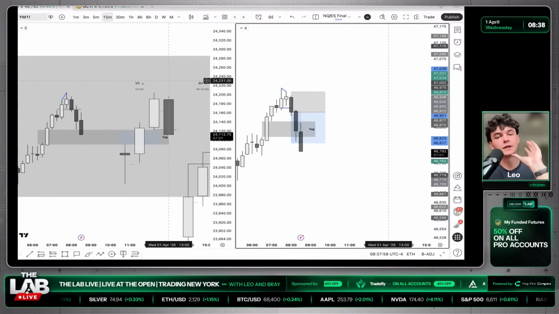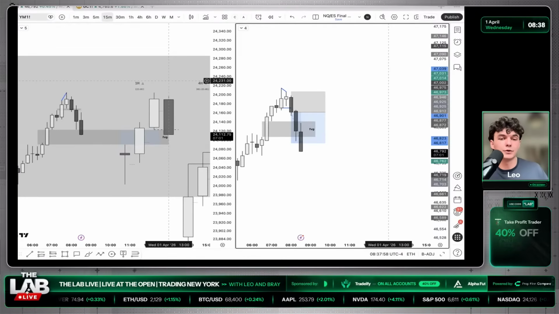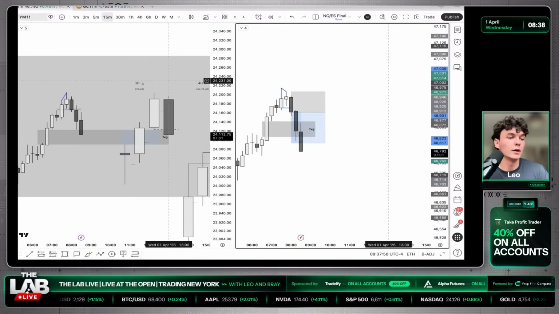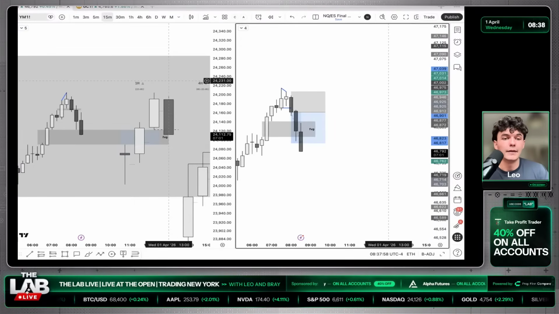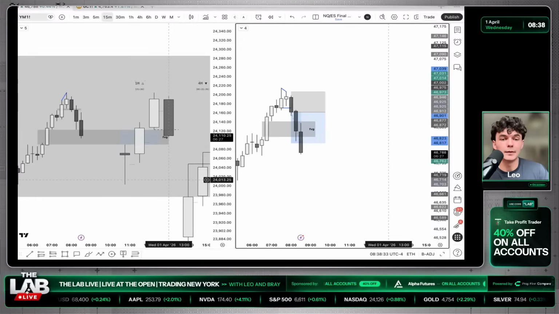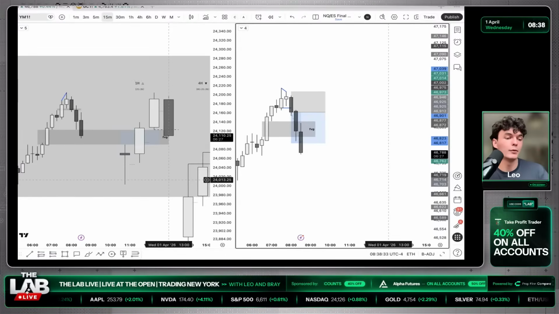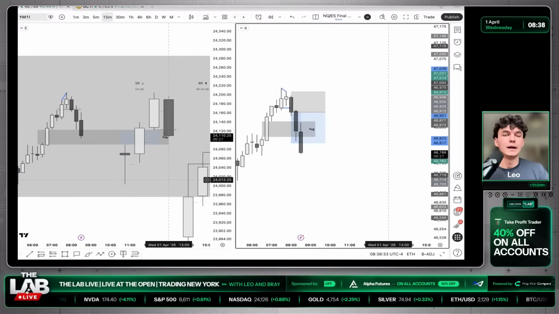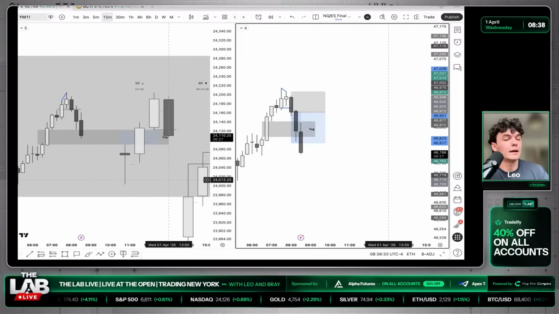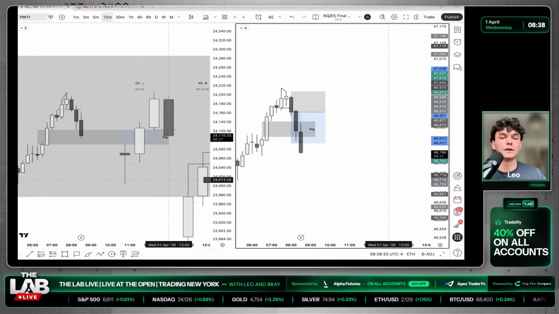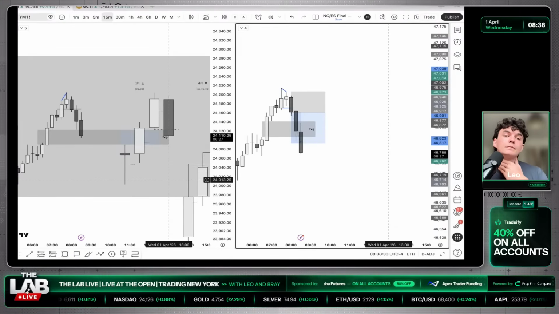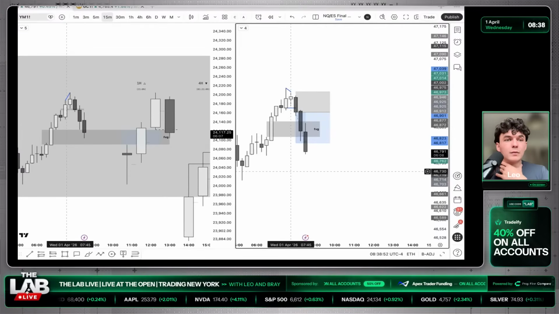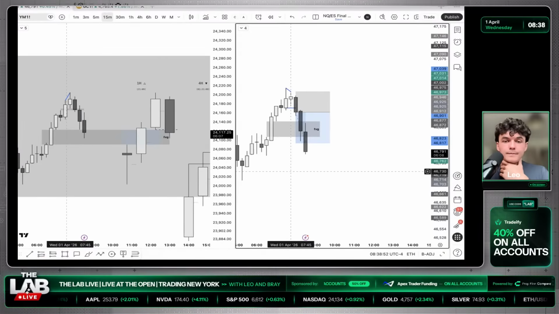Delayed protractions are basically just fake moves designed to trap traders. It's like when price doesn't immediately create a higher or low after the midnight open and then waits until 2 a.m., the London session, to manipulate or make the move. So that's the simplest way I can describe delayed protraction. Some people refer to it as London delayed protraction, because you only see the true move happen at 2 a.m. New York time, which is the London session. That's the simplest way to describe delayed protraction for you, boss man.